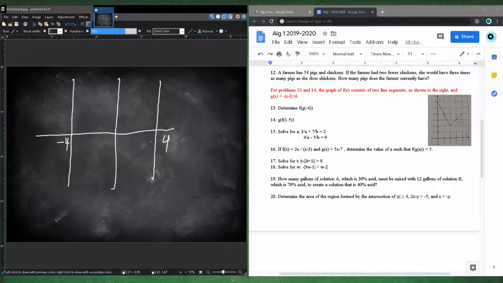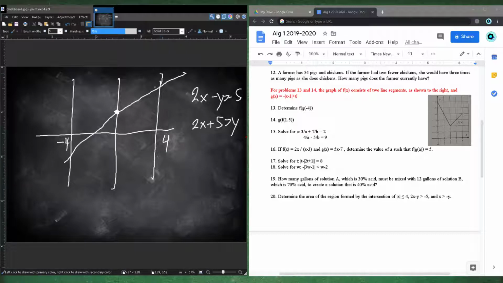Now we have 2x minus y is greater than negative 5. So move the y to the other side and move the negative 5 to this side. So 2x plus 5 is greater than y. Then we have a 5 here, right? And then it goes by a slope of 2. So let's do this precisely. If we put negative 4 in here, that's negative 8 plus 5, which is negative 3. So it's going to be somewhere like